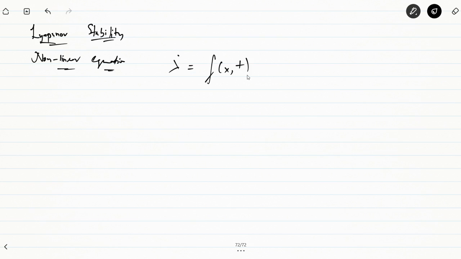So we have been discussing the state space model, the nonlinear differential equation model represented by x dot equal to f of x, t for a nonlinear system, where this function will be a nonlinear function of x and t. And now, depending upon whether your system is time dependent or time invariant, we can differentiate the systems into autonomous or non-autonomous systems, right?